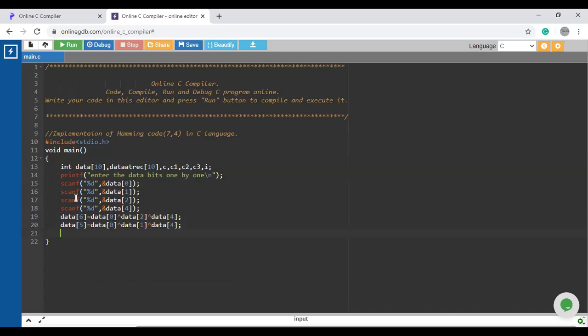Likewise, we need to calculate the parity bit at position 3 is equal to data at 0 position, XOR operation, data at 1st position, XOR operation, and data at 2nd position.